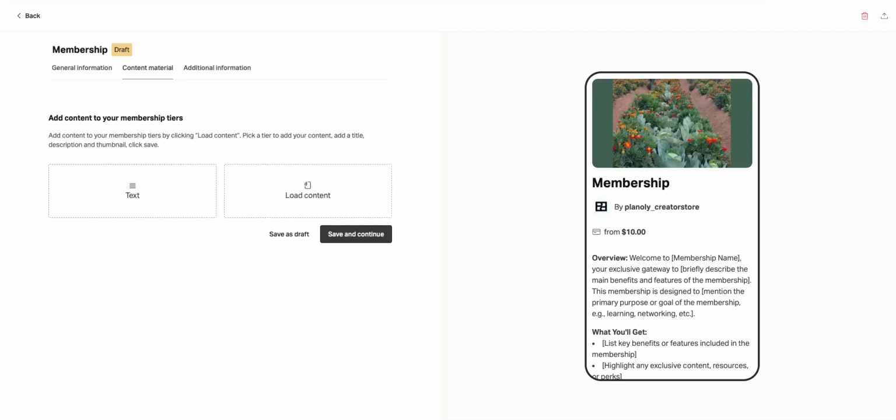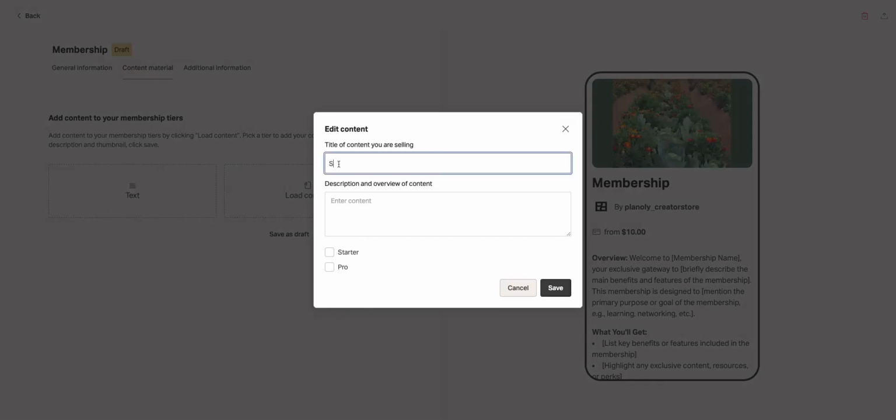All right, so now we want to begin adding the content material to each of our tiers. Now you do have the option to add your text for your material, as well as upload any content, whether these are PDFs or just any type of document type. You can add that via the load content option. So let's begin with the text. So if we're starting with our starter tier,